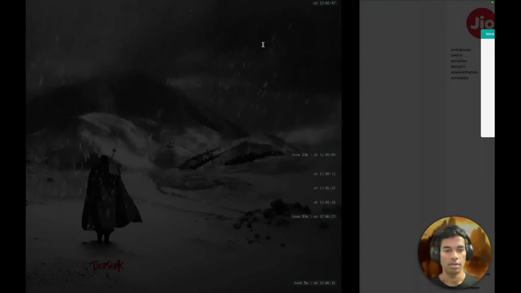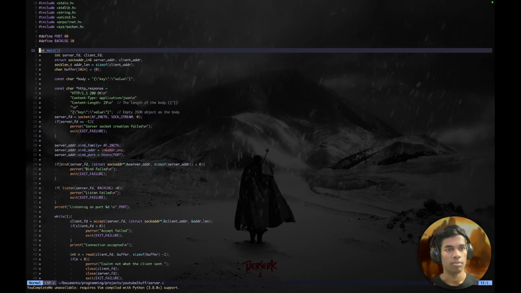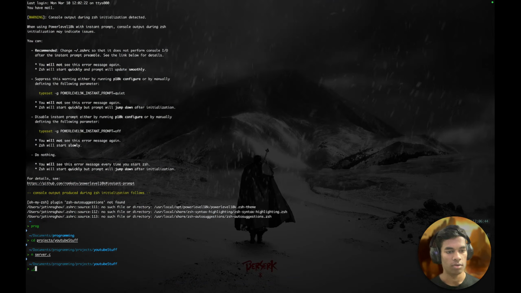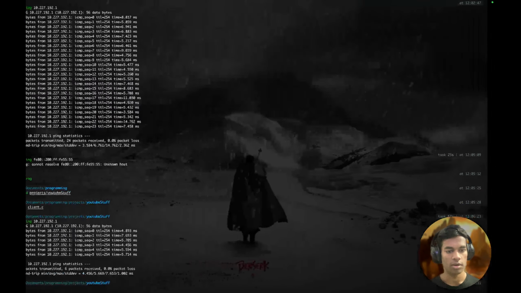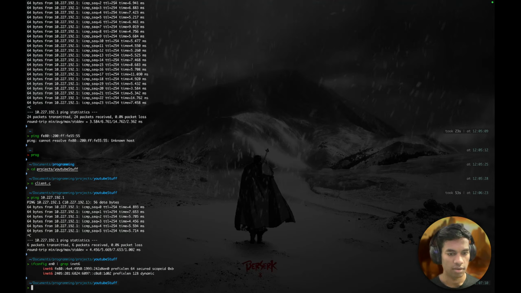Let's see. I'll run my own server, project YouTube, server.c, and the port is 80, and yep, that is cool. Server listening on port 80, and the address. Yep, we have the address, which is ifconfig en0 grep inet6. Let's see, the address is copied, and